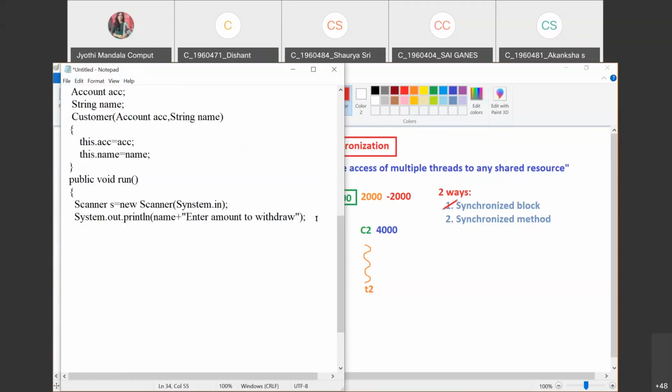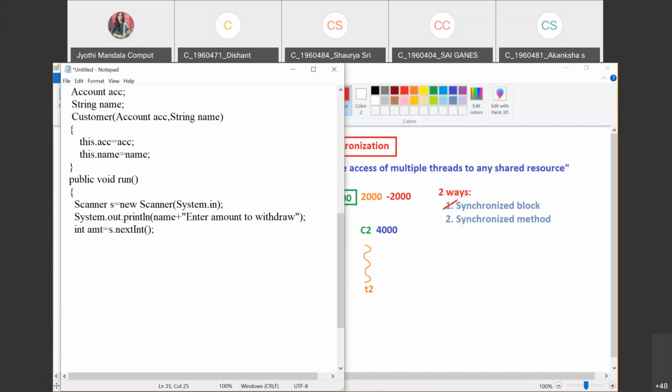Okay, after this, whatever value you are giving, that value I want to store in a variable called amt. And how are you going to store that one? s.nextInt. Yeah, there is a mistake. System. Thank you very much. There is a mistake here. Right. Okay, nextInt. Is this clear, all of you? So what we have done, whatever amount the user wants to withdraw, that we have stored here.